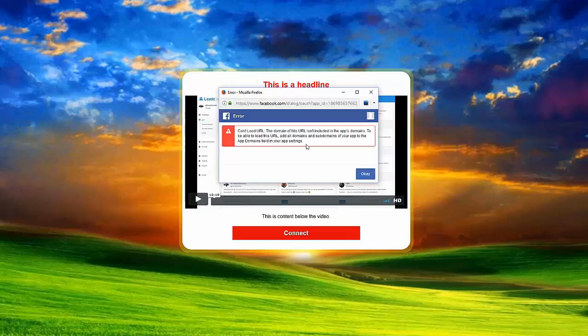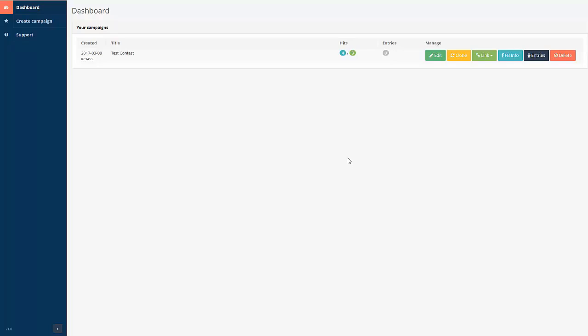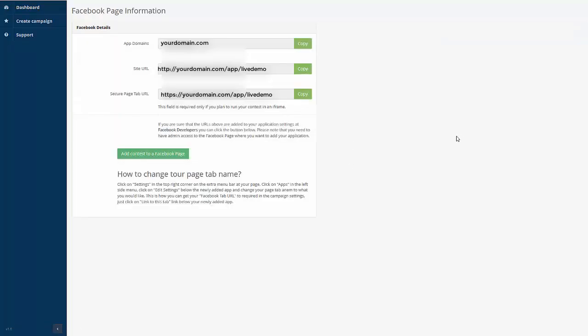You'll see a little pop-up from Facebook. It'll say can't load URL or something similar. So you need to go back to where we were setting up our app in Facebook, and we need to go back into the contest app itself as well, to the dashboard, and you'll see the tab called FB Info. So we click into FB Info, and we're going to see two URLs here that need to get, app domains